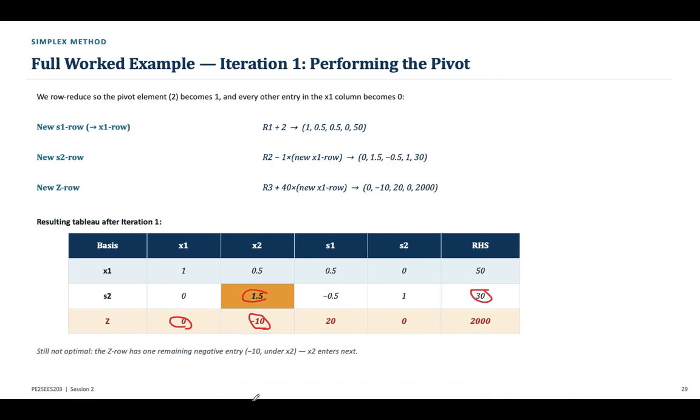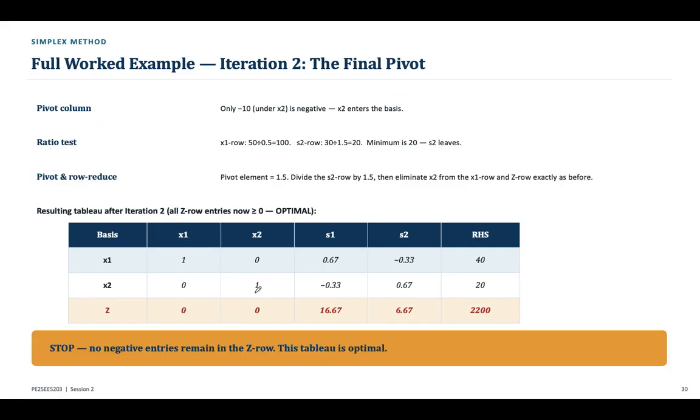So I was talking about the ratio now, right? So you have 30 divided by 1.5, that will give you 20. So the minimum positive ratio is 20, therefore S2 leaves the basis now. So the pivot element is 1.5. We divide the pivot row by 1.5 and then use the row operations to eliminate x2